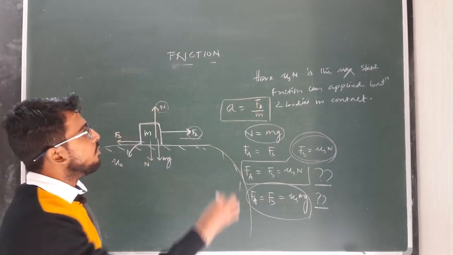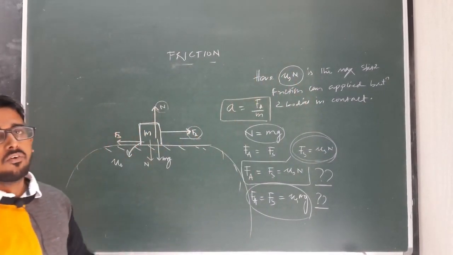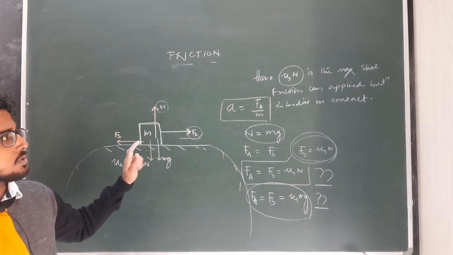Okay, so mu s n is the maximum possible amount of static frictional force